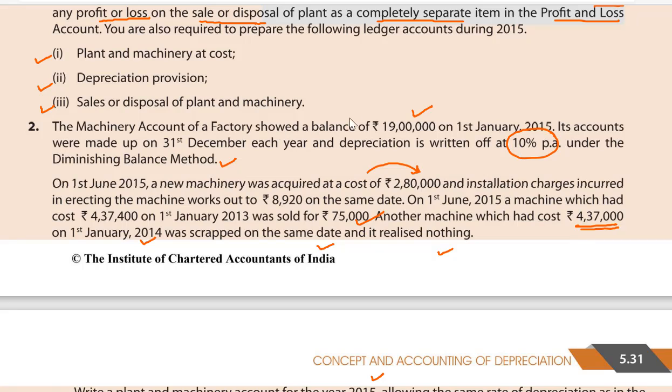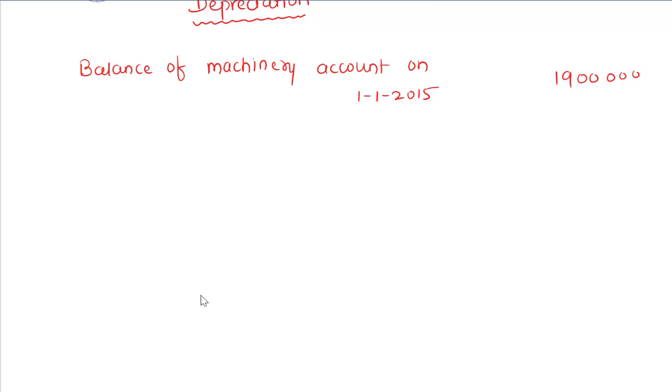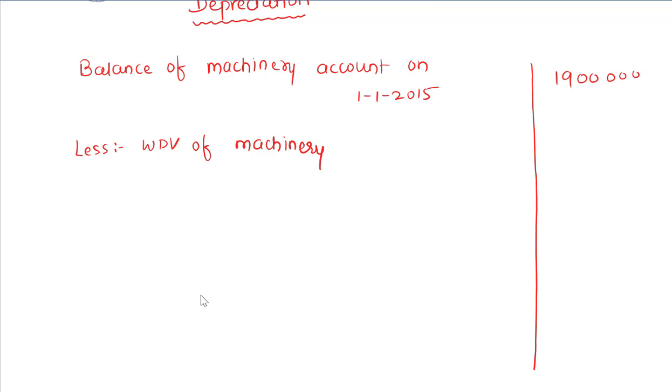The machinery account of a factory showed a balance of 19 lakhs. Less WDV of machinery sold